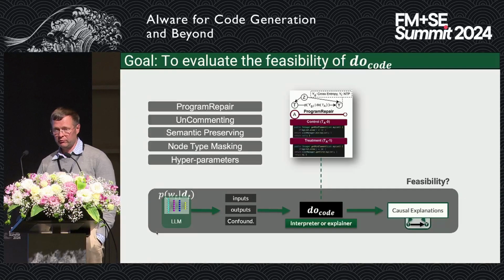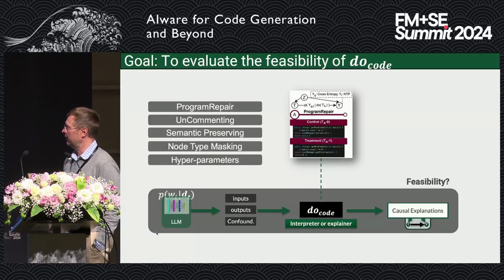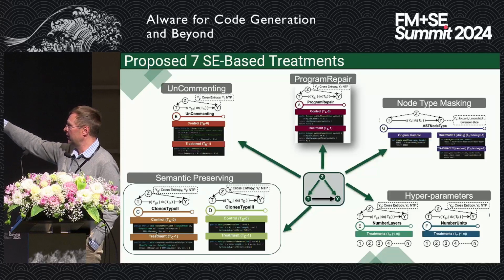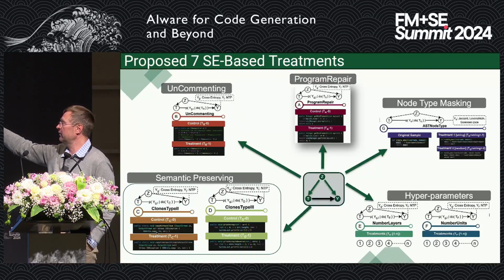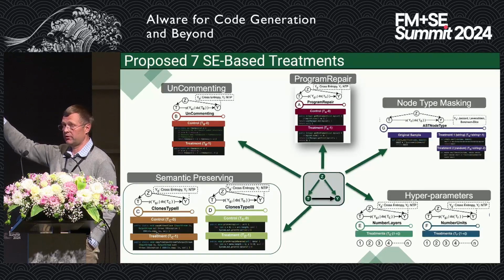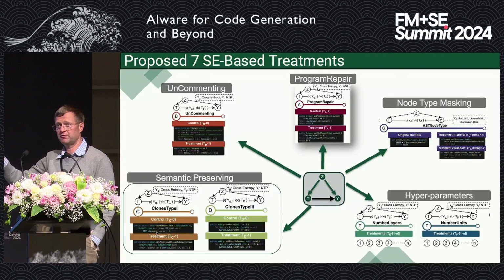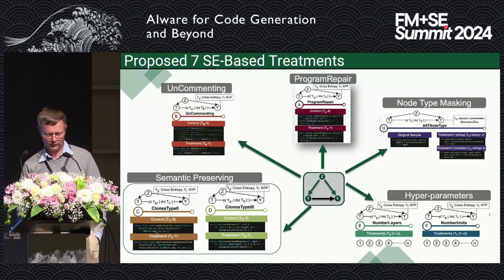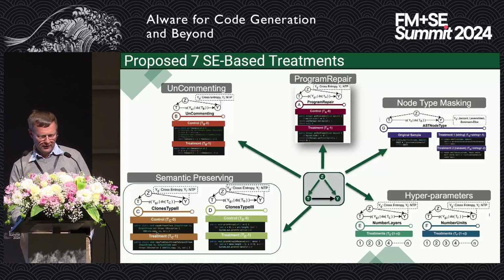So again, we've used DoCode in very different contexts for different tasks like program repair, commenting, even tinkering with the model itself with hyperparameters. So one note here is that the only thing that you really need to do, as an expert, is to define the structured causal graph. Like for the problem that you're working on, you need to clearly define what your treatments are, what your outcomes are, and what are the confounders that you are controlling for.